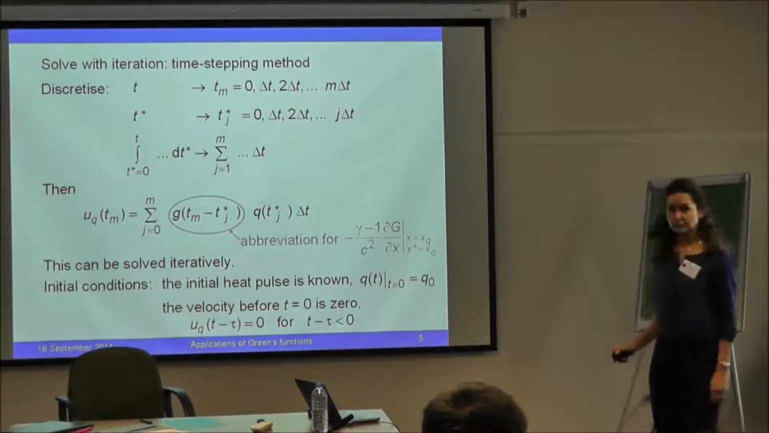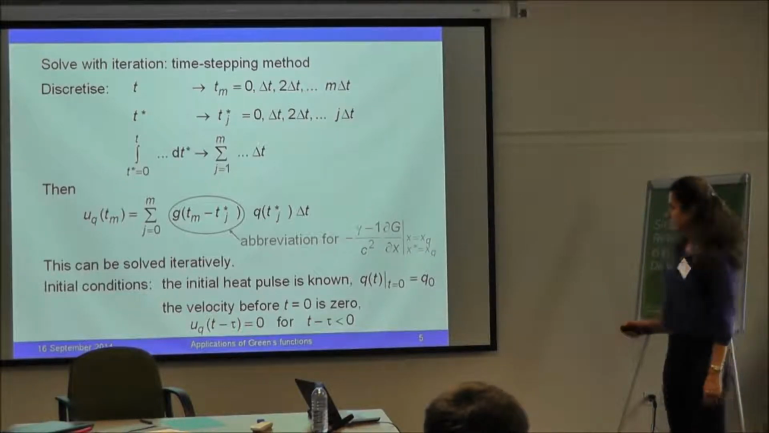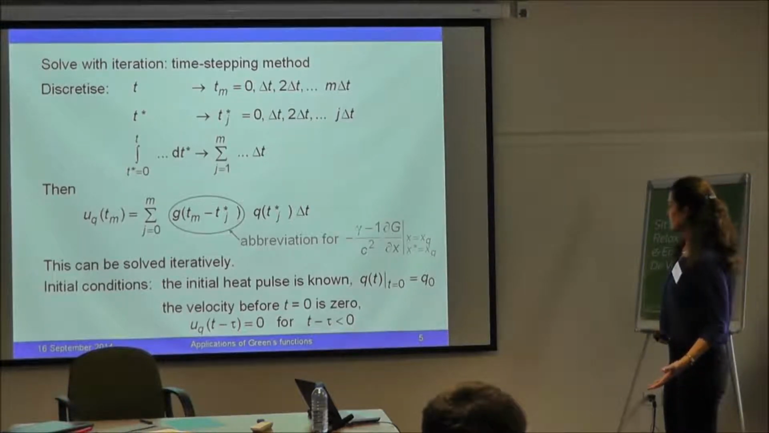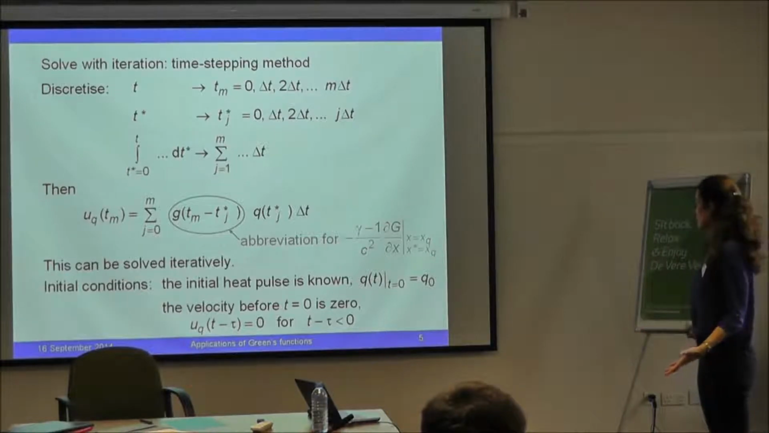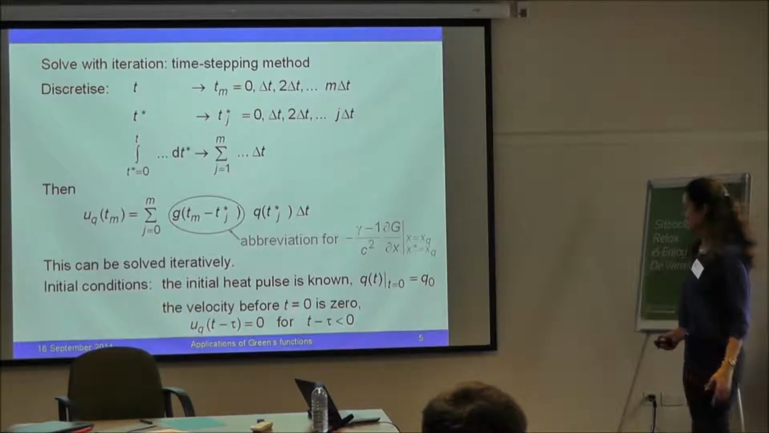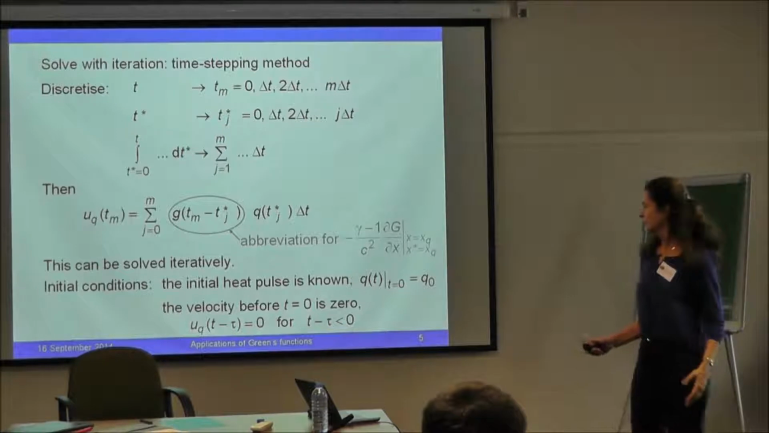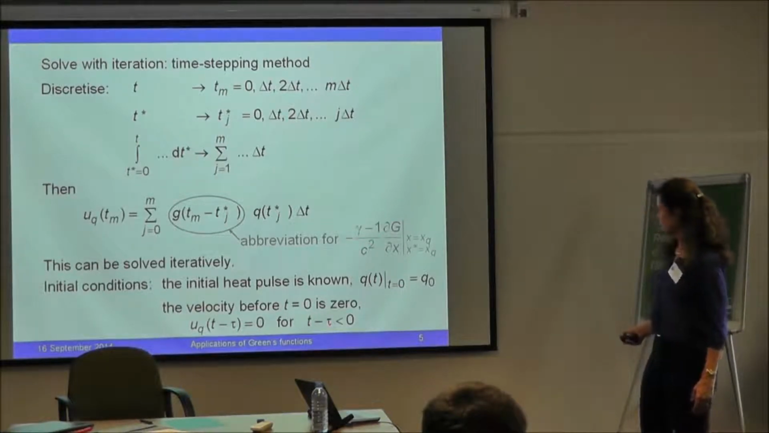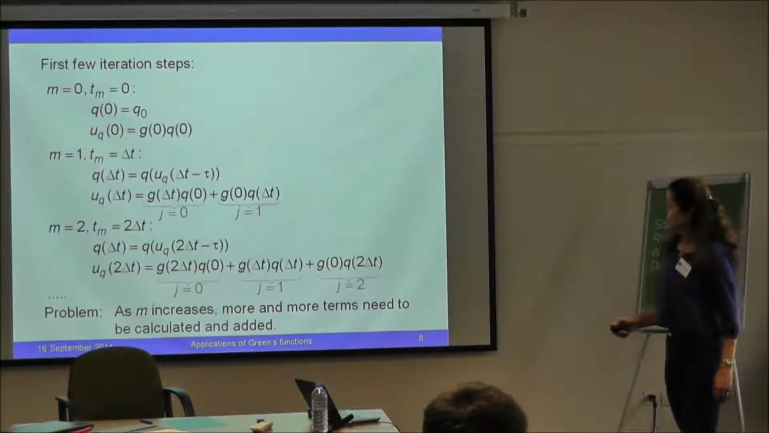And this equation can be solved iteratively. So when you do an iteration, you need to start somewhere. So you need initial conditions, and here we need to assume that we know the initial heat pulse. So q at time 0 is some given q naught, and we also assume that the velocity before t equals 0 is 0. So this time lag velocity is 0 before t minus tau, when this inequality is satisfied. Right, so let's